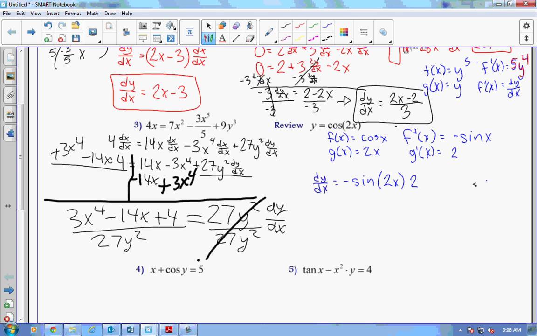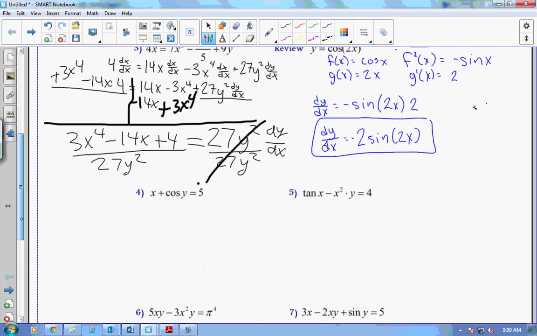Yeah, you could leave it like that. We usually like to see the multiplication in the front. Negative 2 sine of 2x. Any question on the review one? Okay, now this one,